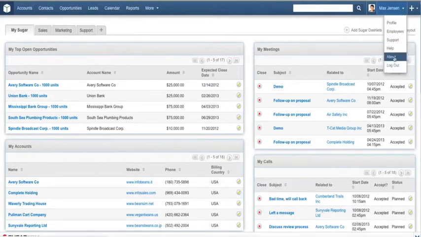I'm logged in as a system user, so I do not have the administrative settings which would be found here. I have the ability to log out. I can find out what version I'm on. I can get a little help. I can call some support, and I can see my coworkers, and most importantly, I can edit my profile for